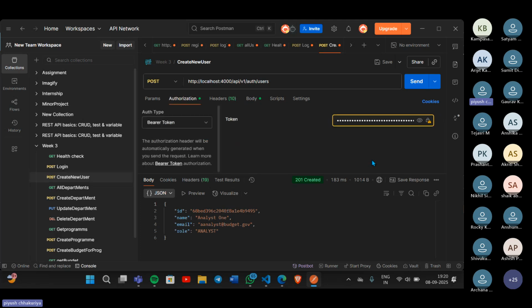First of all, let me paste the token. I have already created the user with this email, so let me just update. Okay, expired token.